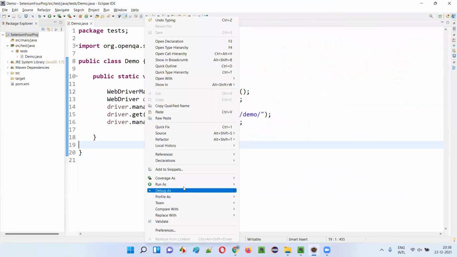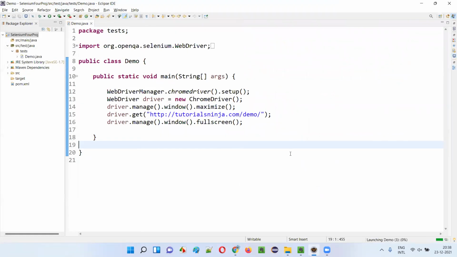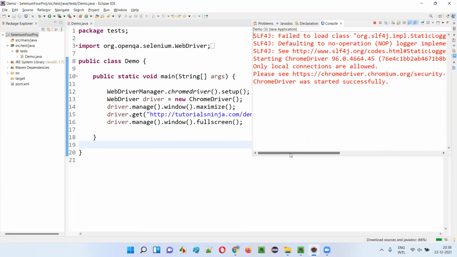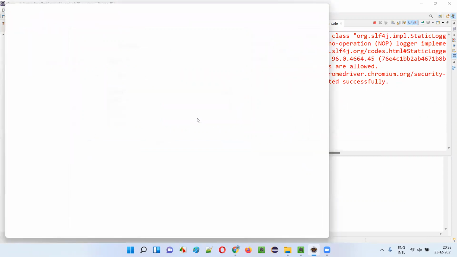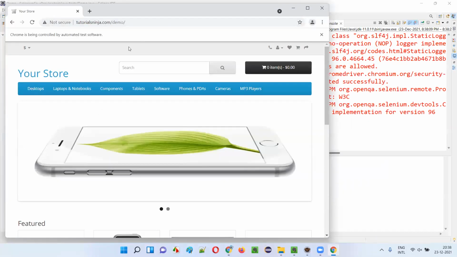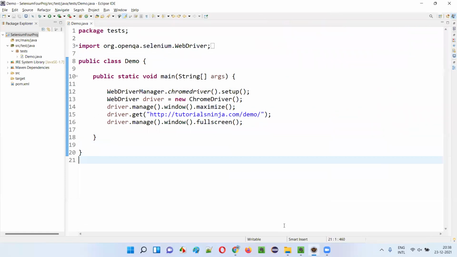Let me run it again, guys. You'll see it again for the final time. First, the Chrome browser will open in the resize mode. Yes, this is the resize mode. You see the maximize mode, and here it is the full screen mode. Okay, come out of the full screen mode. Again, you will come to the resize mode.